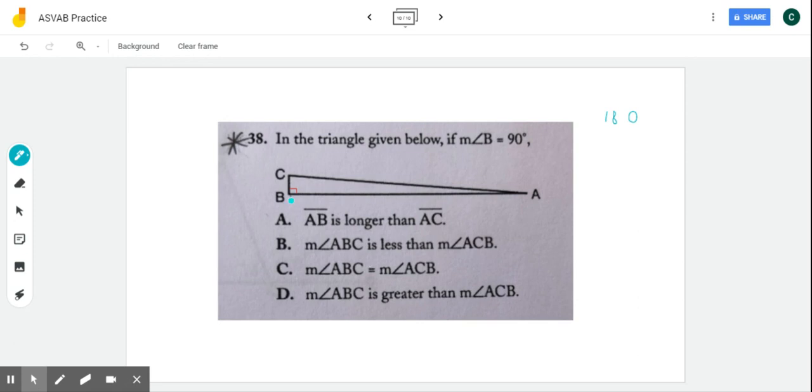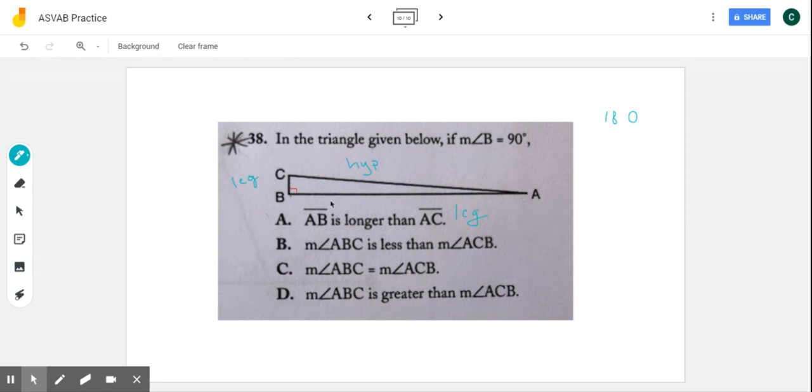In a right triangle, we have the two sides that make up the right angle. We call those legs. These are just names. So that's a leg, and then this side is a leg. And then the side that is across from the right angle, so across, is the hypotenuse. I'll abbreviate that for now. If you have questions on that, let me know and I can write up some notes for you. So the hypotenuse,